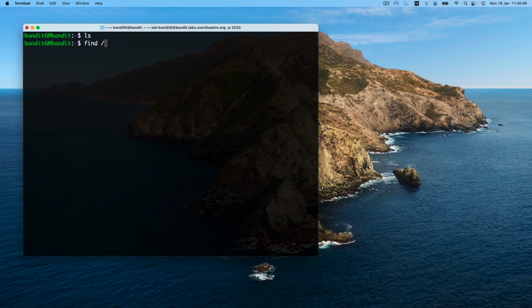Now, we need to specify the 3 properties. We will begin with specifying the file size, as we saw this in our previous video. So, the first part of our command will be